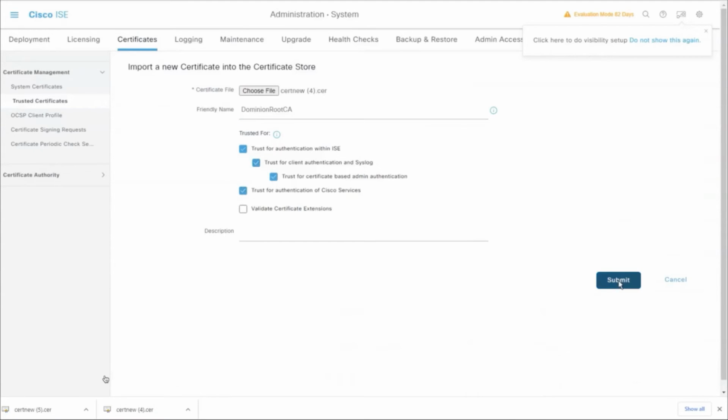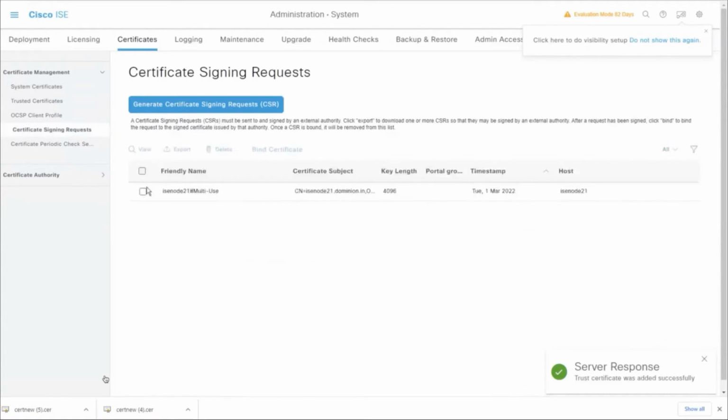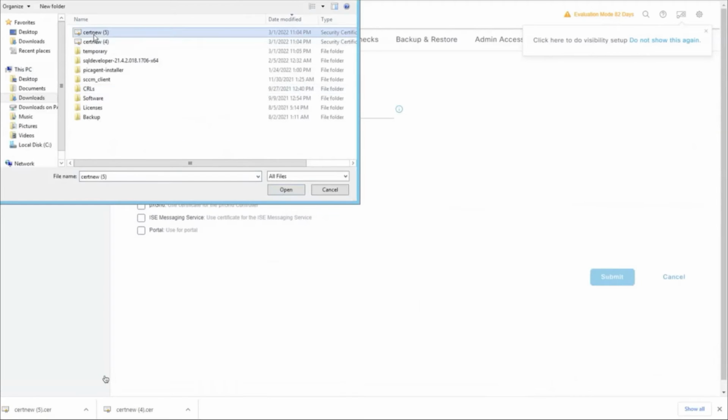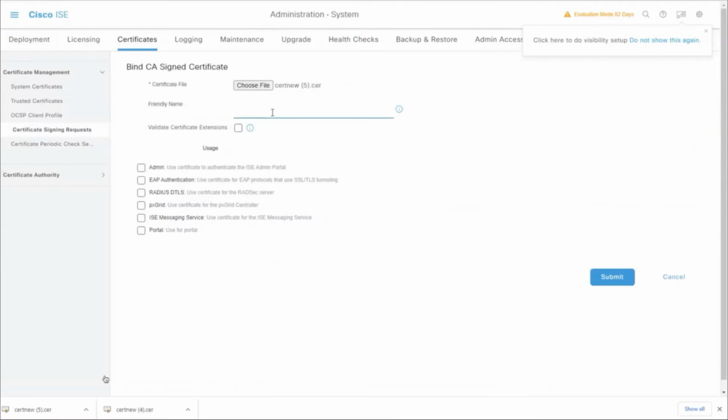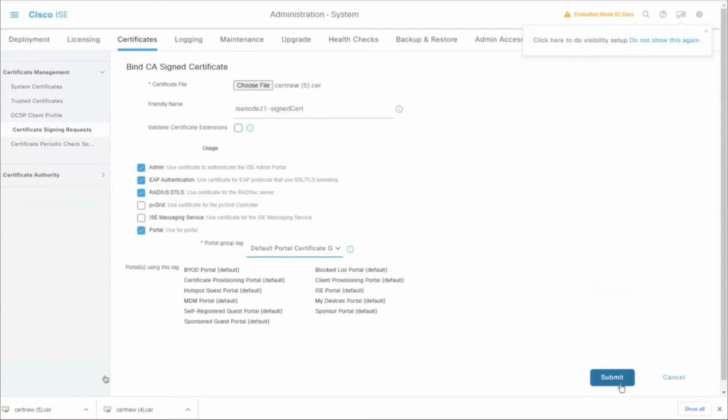So I'm checking all the boxes. Then I'm going back to the certificate signing request page and bind the certificate that I got from the CA. So I'm going to select that, provide a friendly name. Remember, we generated this CSR with a multi-purpose, multi-usage. It means I can associate different services using this certificate. So I'm going to make use of this certificate for all the purposes except the pxGrid and ISE messaging service,